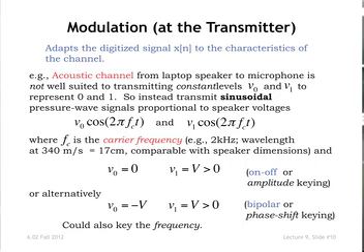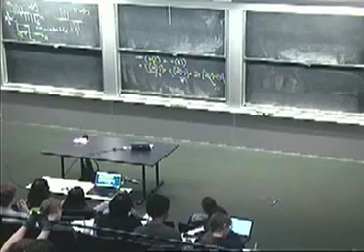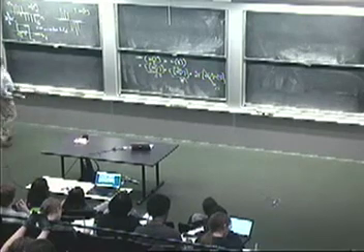And the more general principle is, whenever you're trying to radiate energy, the size of the antenna element that you use for efficient transfer of power has to be comparable with the wavelength of the signal that you have. So for instance, if you're talking about sound, at 2 kilohertz, the speed of sound in air at room temperature is something on that order, 340 meters per second. If you do the computation of the wavelength, and I always do it with the units, so I may get it wrong here, but